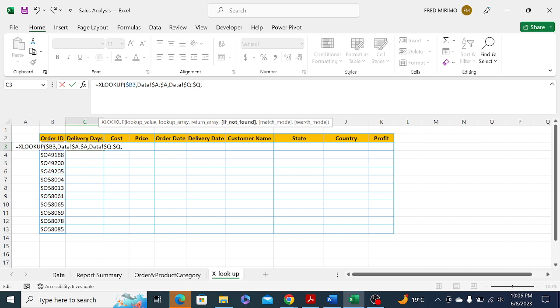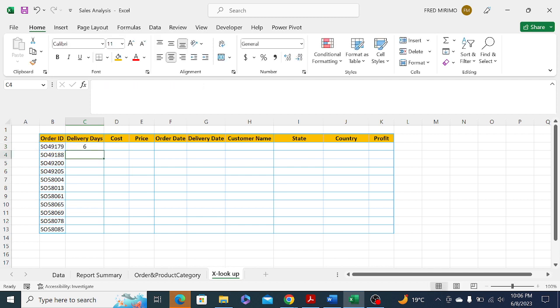And then value if not returned, maybe you can specify, maybe you want to return an NA or value not found. But remember that option is actually optional. So I can just decide to leave it there. So just close the bracket and hit enter. You see, I've gotten the result. So it took 6 days to deliver this order. So I can autofill downwards